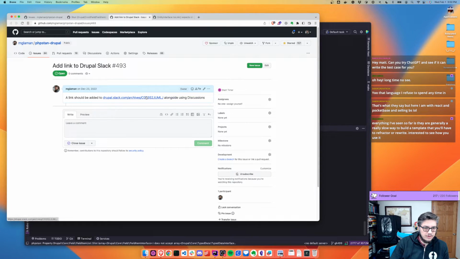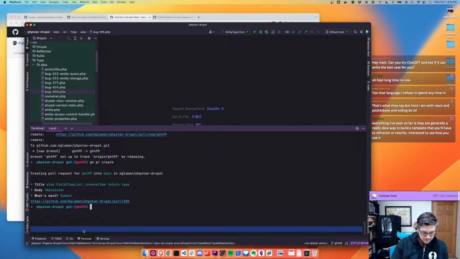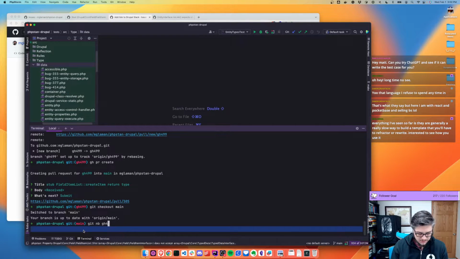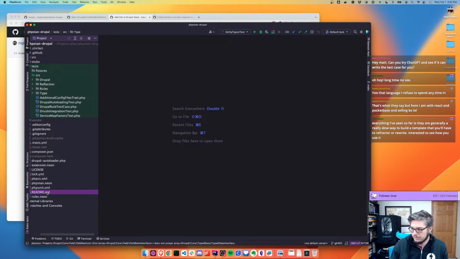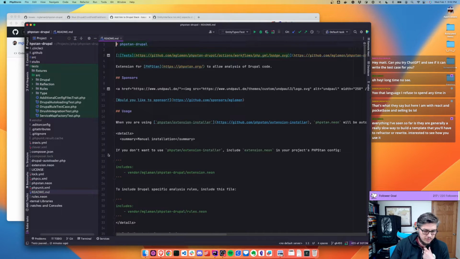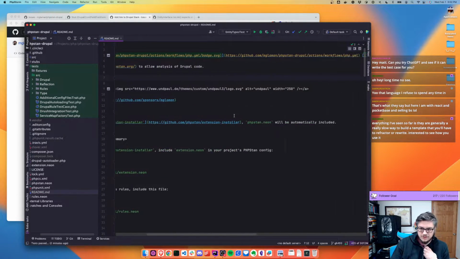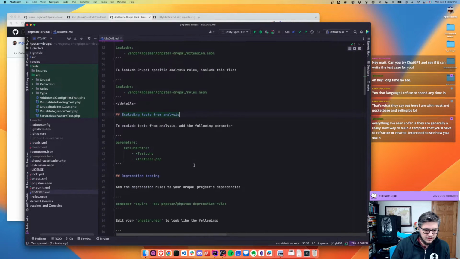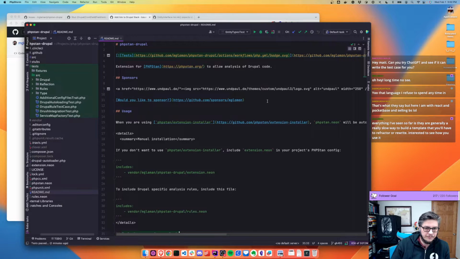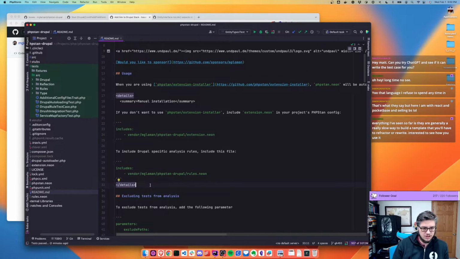This should be added along using discussions. Yeah, I wanted to talk about if people needed help or they could find help. New branch 493. Edit this README and figure out what would be a good place to put it. So sponsors, which, if your organization is looking to sponsor this development, I have GitHub sponsors set up. Usage, excluding test. Maybe we should go near the top. So after usage, I'll put